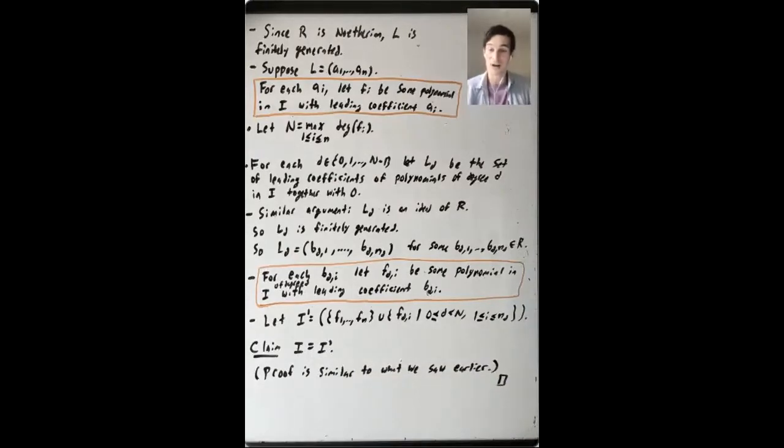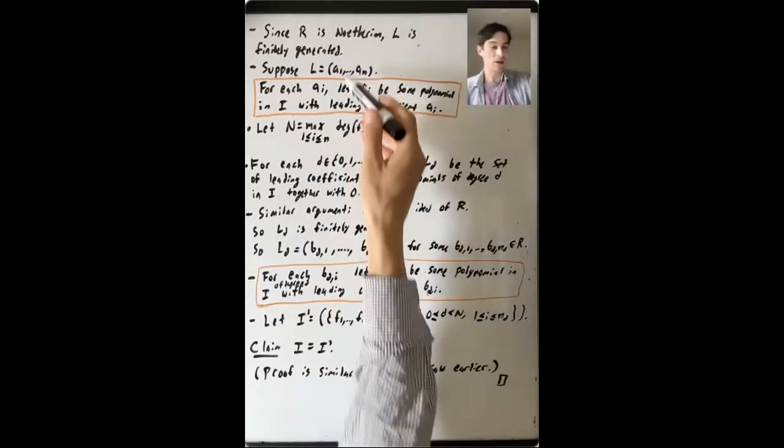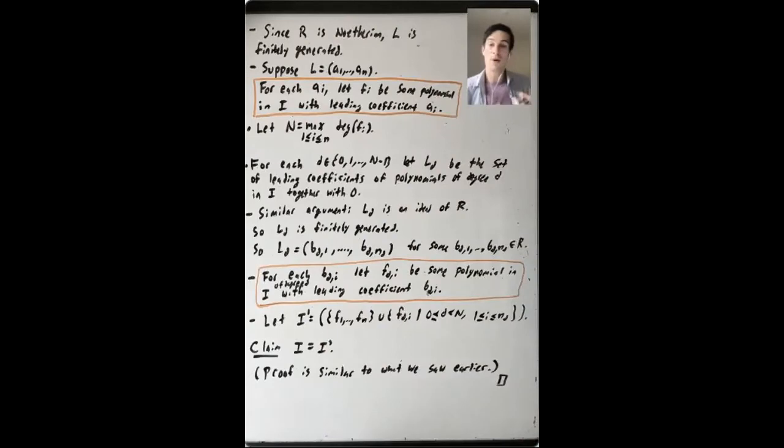And how does the proof go? It's really similar to the proof from the first argument. So I will leave the details to you. You can look up the details in Dummit and Foote. But this idea is similar, but I think this argument's a little more complicated. For one thing, you're choosing a lot more polynomials. So I'll say more about what's going on here in the final video of this lecture.